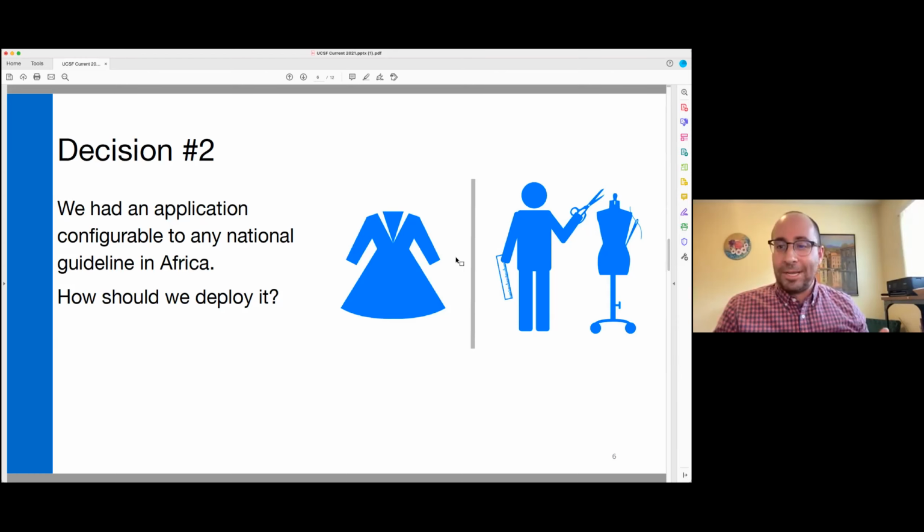The next question became, how do we deploy this technology? Are we just going to put it, as others have, on an app store where people could download it? We chose not to do that. And this was design decision number 2, which had major implications. I think there were so many different paths we could have taken. I think it's best to show you the path we did take and then explain why we did it that way.